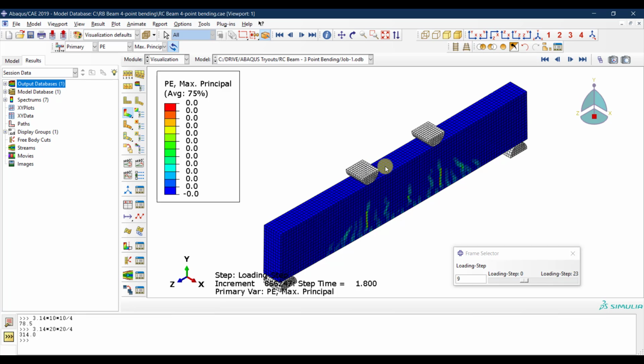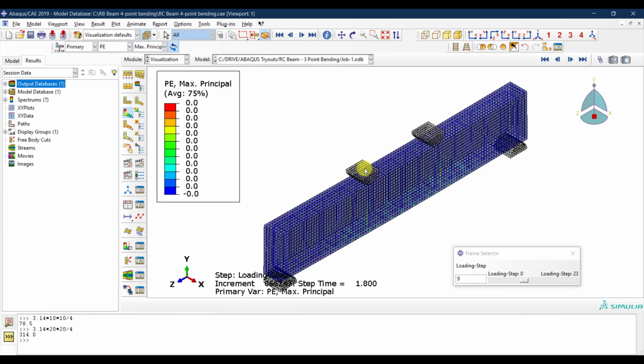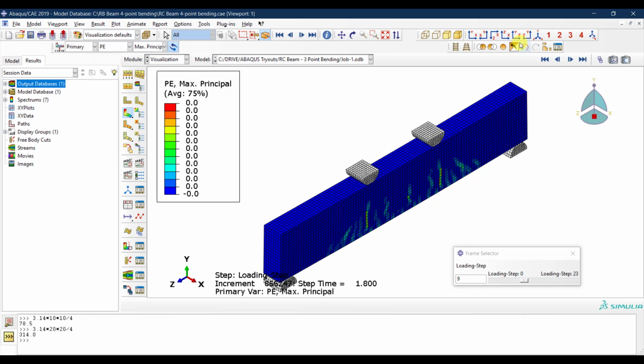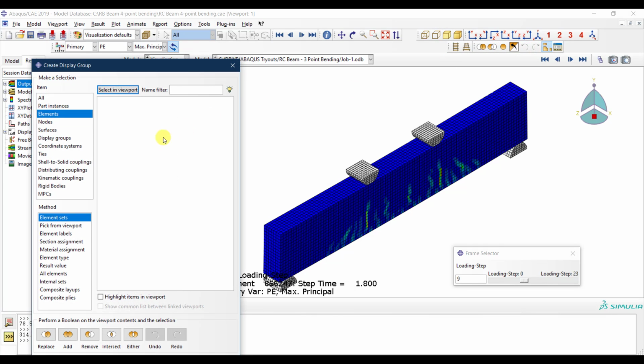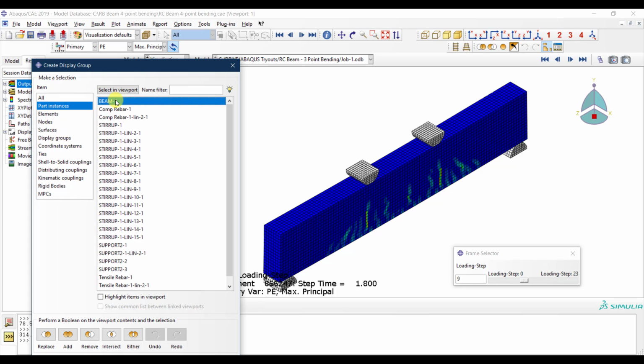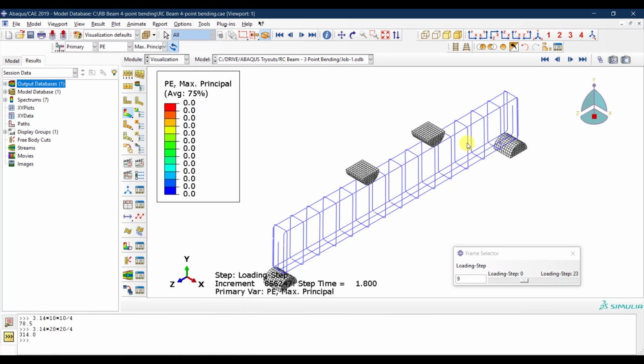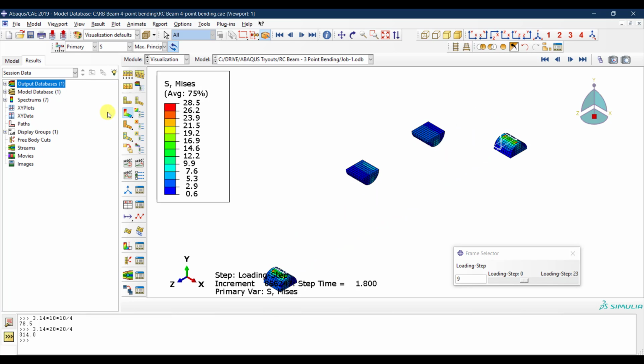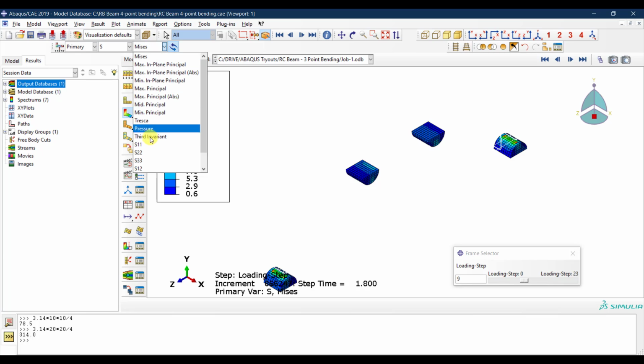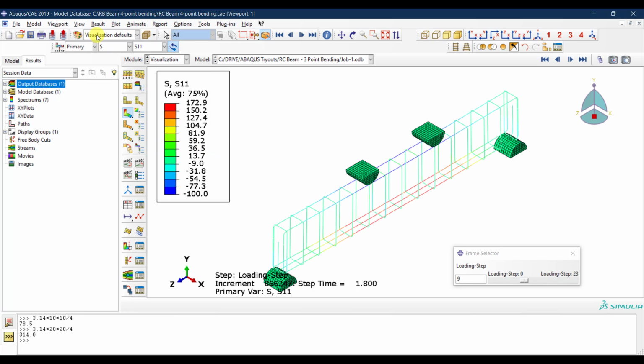If you want to see inside the beam, you can click on this toggle transparency, and then you can see inside what's going on. Or maybe if we want to look at the reinforcement itself, we can go here to display group and remove the beam from the view, and then we have our rebars, and these are truss elements. So if you want to see the forces or the stresses inside them, you just need to select stresses, and if you click on S11,